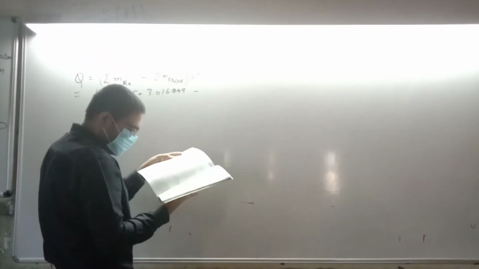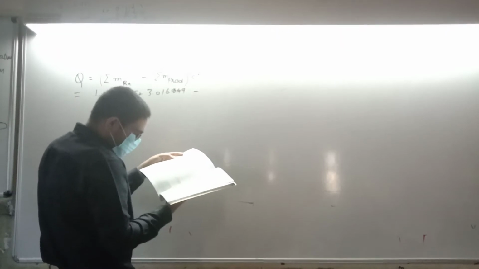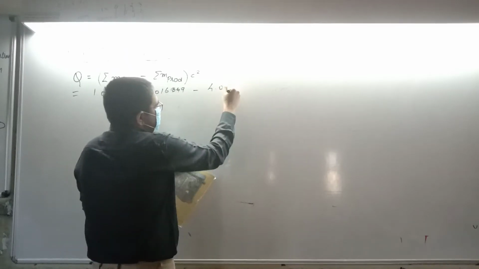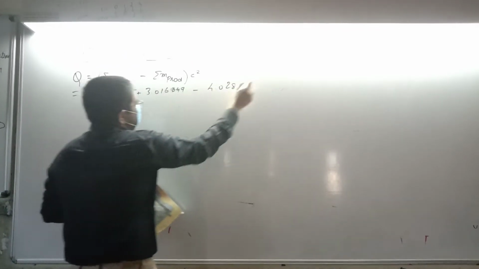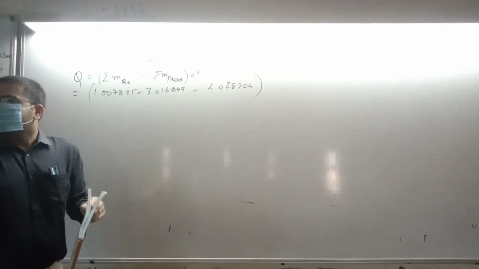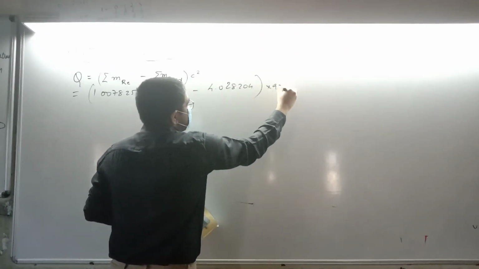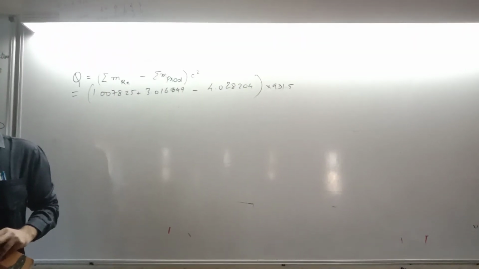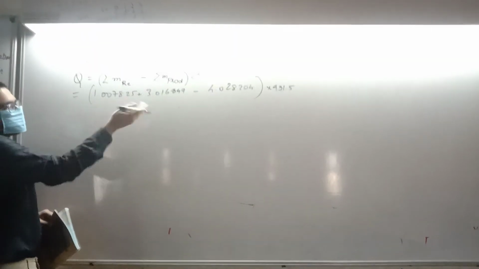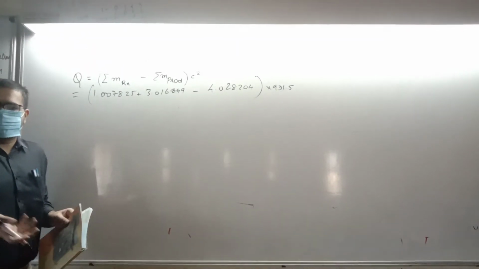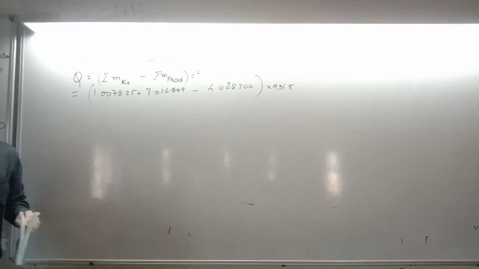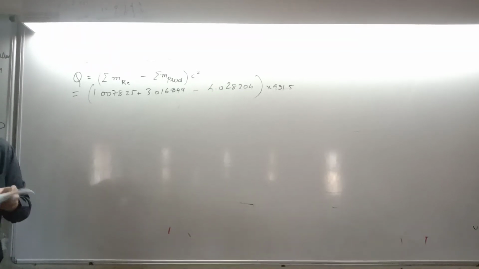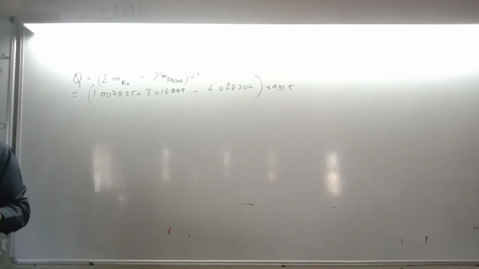Minus the mass of products. What is in the products? Deuterium 2 times, so that is 4.028204. That gives delta m. Is delta m clear? Into 931.5. I am not kidding, this is a JEE level question of this chapter. Now just subtract, add and multiply and the answer will come. That's done. You get 4 marks for this. Right?